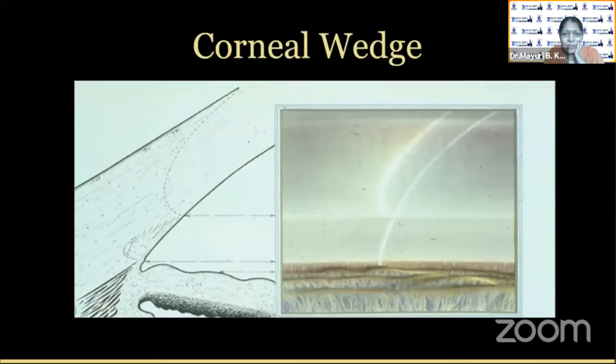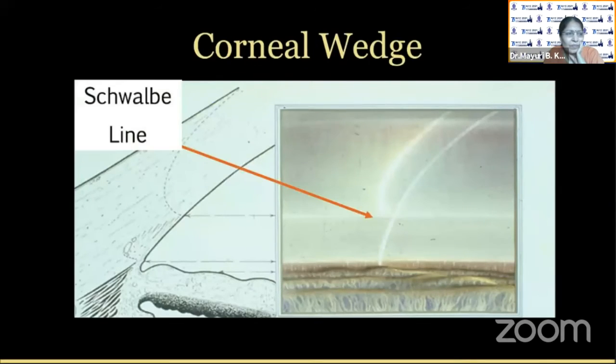As we can see in this painting, you can use the joining of these two lines to identify Schwalbe line, the anterior border of the meshwork. So this is when it's most useful. This is a young boy, very little pigment, and I would never be able to find his trabecular meshwork except I find the meeting point of these two lines, and that is Schwalbe line right there.